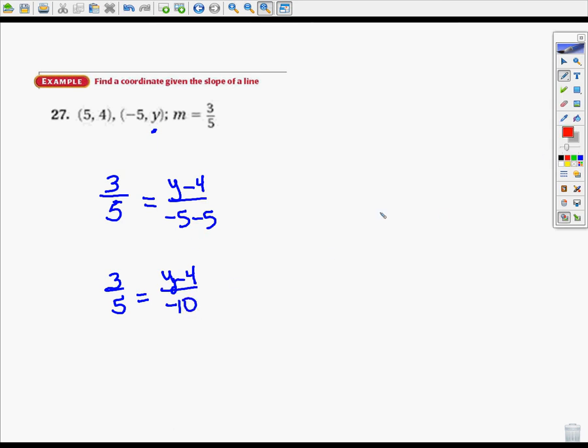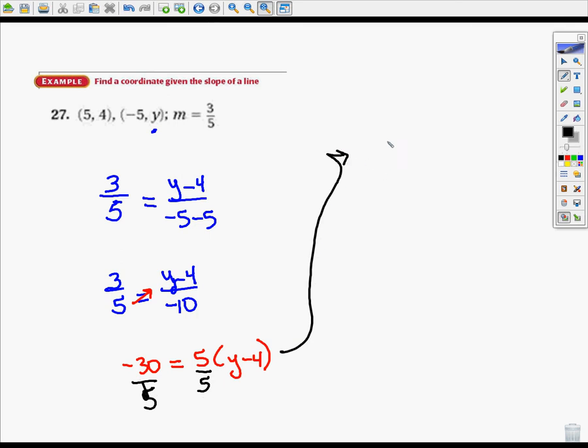This takes us back to the last chapter where we did cross products. This is one of the reasons we did it. 3 times negative 10 is negative 30. And this gives me 5 right here times the quantity y minus 4. I'm going to take the shortcut of dividing both sides by 5 because negative 30 is divisible by 5. Let's go ahead and put it up here. So I get a negative 6